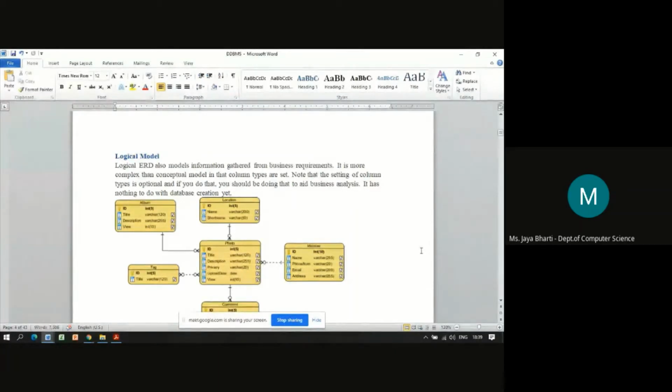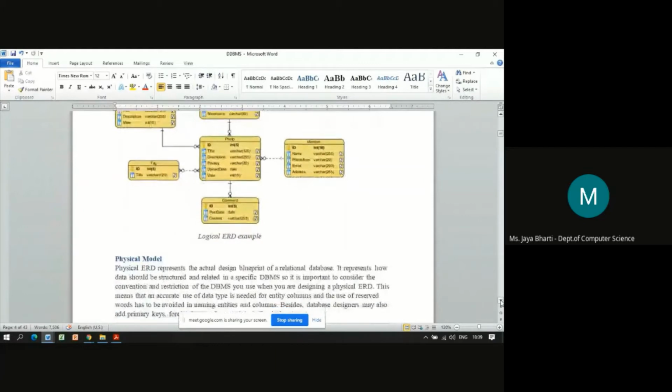What does max length mean? In the varchar they have shown 120 inside brackets. What do you mean by that number? Varchar(120) is a variable that accepts 120 characters. That is the maximum length of characters that the column value can hold. So at the logical level, the ERD gives you a more descriptive, elaborative structure of the database. So this is the logical model.